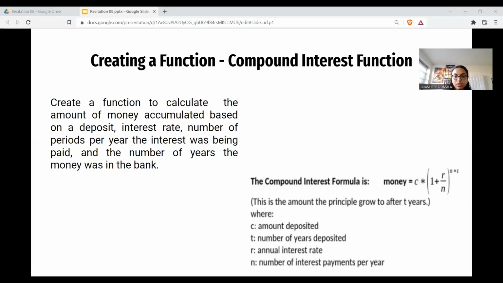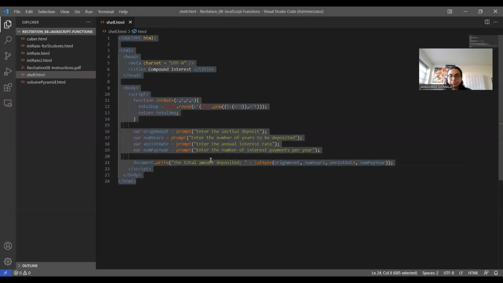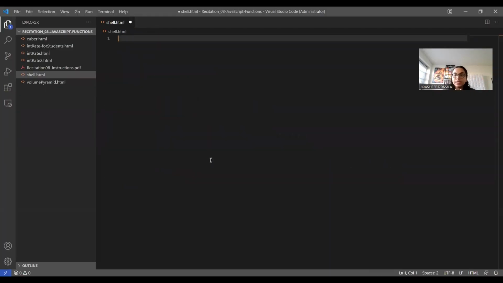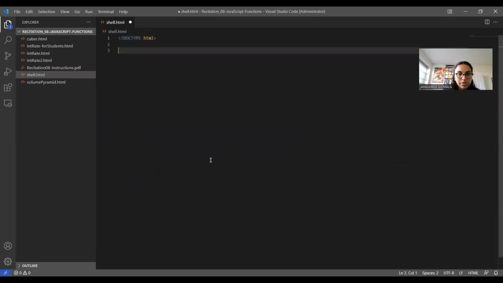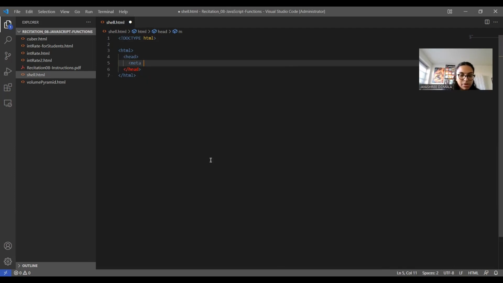Okay, so let's go back to the code and let's get started. What I'll say is by now you have practiced how to write the template of a basic HTML file. Go ahead, just write the basic template and then come back to the video and go along with that again. So let's do that. We'll write doc type HTML. We'll create the HTML tag. We will have the head tag. Inside that, we will define the meta character set to be UTF-8,